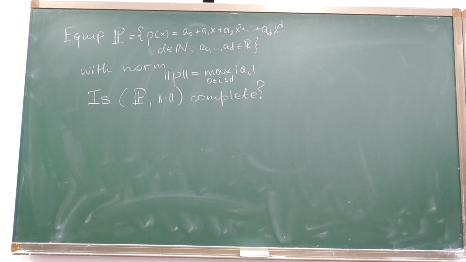From the uniform boundedness principle, we know that in a complete normed space, any sequence of operators which is pointwise bounded is uniformly bounded. So if we manage to construct a sequence of operators which is pointwise bounded but not uniformly bounded, the space cannot be complete. And that's what we will do. Let us define a sequence of operators which take the sum of the first n coordinates of a polynomial.